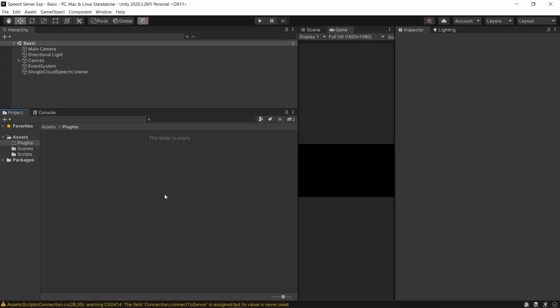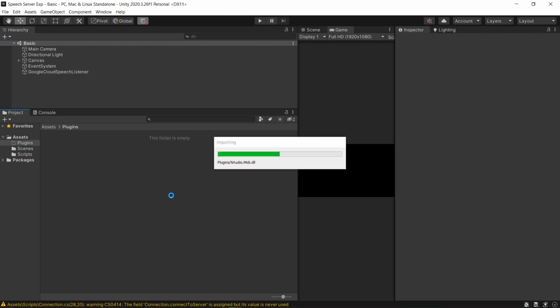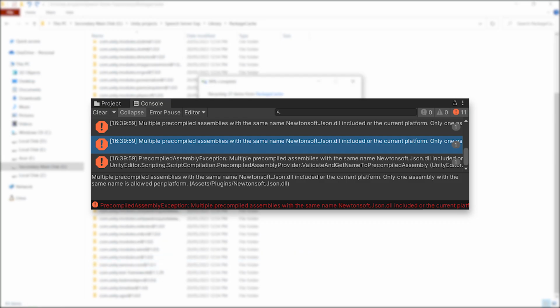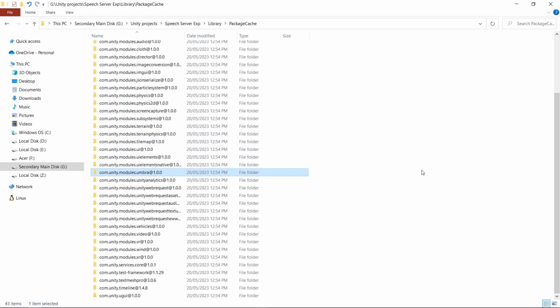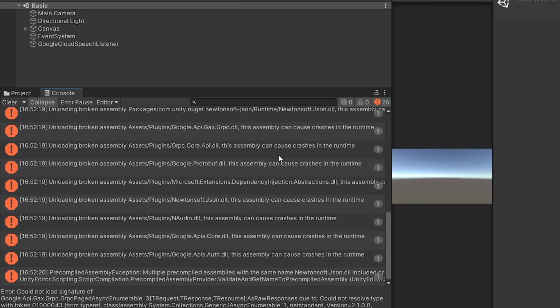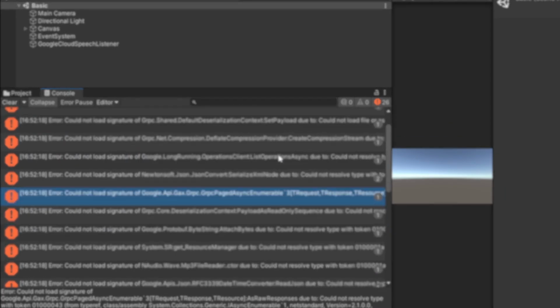The initial errors were related to missing packages, which I resolved by installing them manually. Next, I got errors related to some duplicate Newtonsoft file, which once deleted kept respawning in my Unity folder. Then there was the error related to every Google API dependency. It seems there's a conflict between the default Unity Newtonsoft version and what Google requires. But as I mentioned earlier, there's no point in deleting the default version.